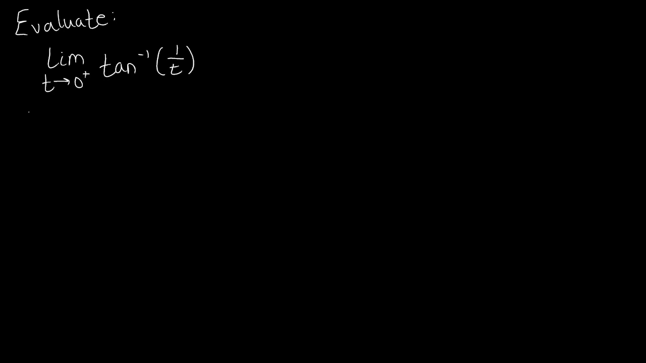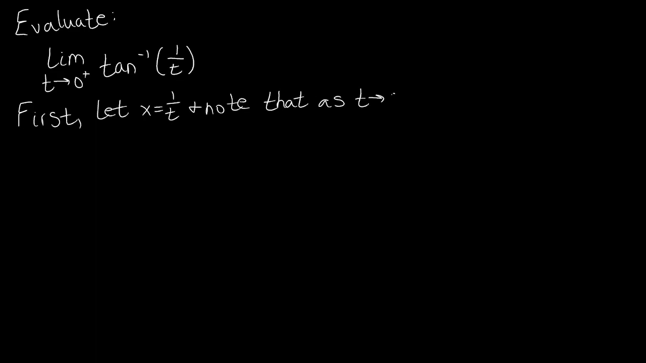Okay, so the first thing we're going to do, wow, that didn't load. Let me redo that. There we go. First, let x equal 1 over t. Let's just stick to the pattern of making x's and t's our prevalent use of variables in these limits here. And we're going to note that as t approaches 0 from the right, which was given to us in our question,